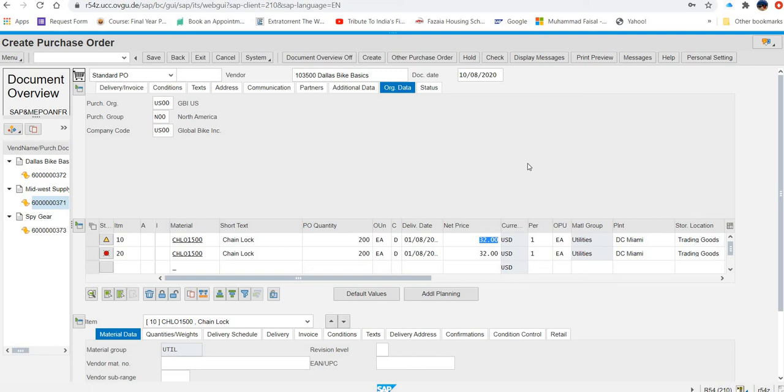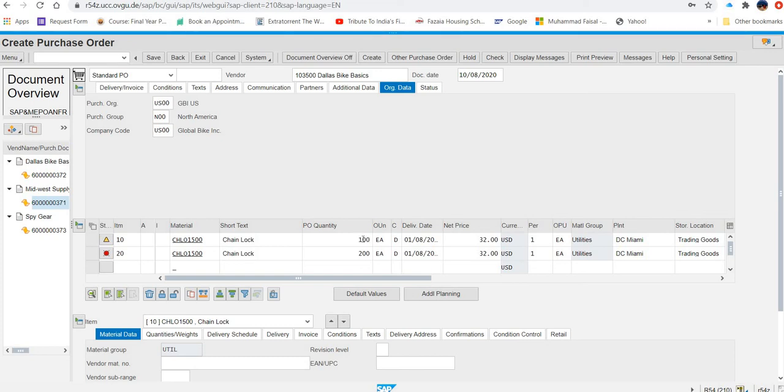If you see in the detail, now what they are asking you to enter: acknowledge the red error message by changing the schedule quantity of the first line from 200 to 100. Okay, make it 100.